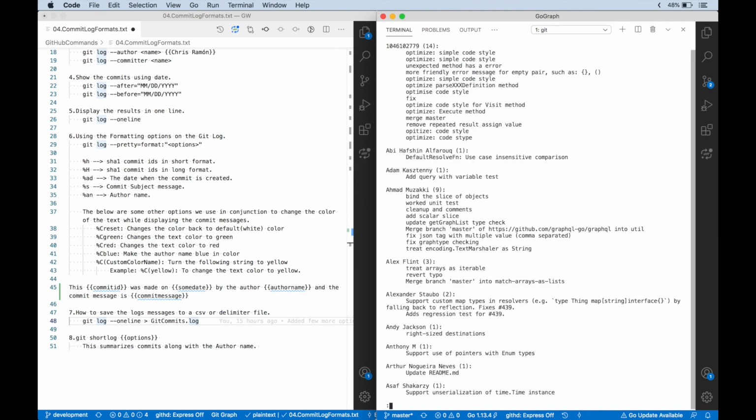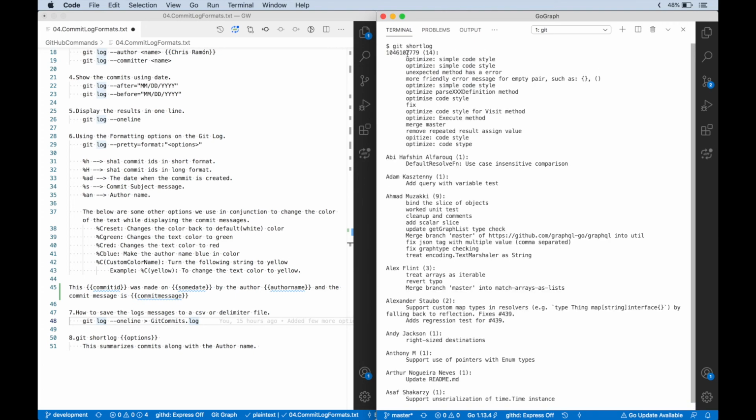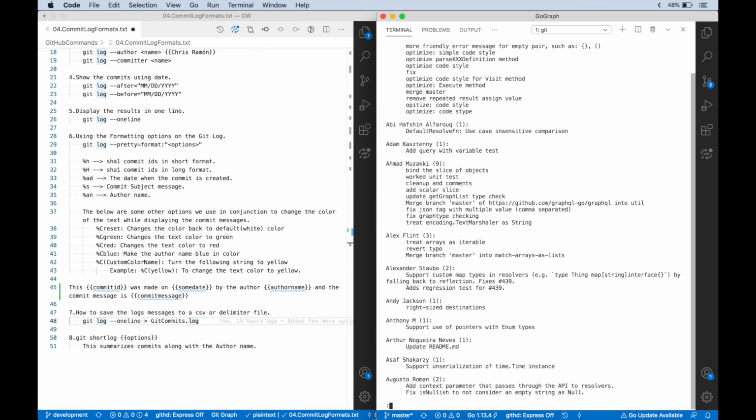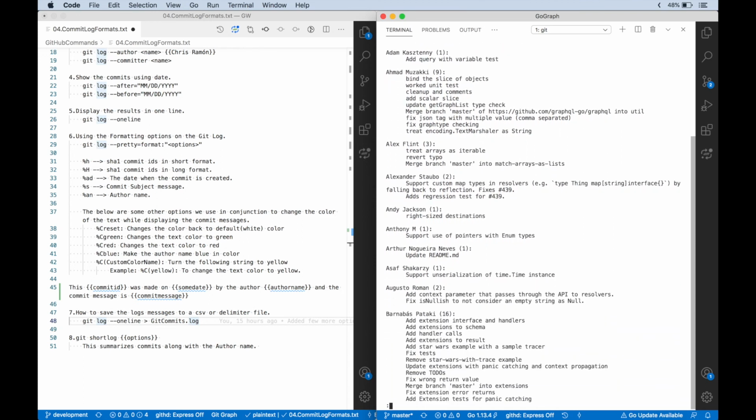So it is going to display the author name and the number. I think this is the author who has created a GitHub username with the number. I'm not sure how it has been showing. Maybe this author might have changed his GitHub author name, and it just shows the GitHub author name, the number of commits, and the commit messages that author has done. Basically, if you keep on scrolling here, I don't know how many commits out of 943 commits, it is going to display all the messages from this GitHub repository.